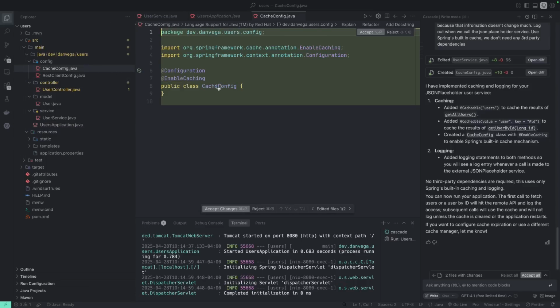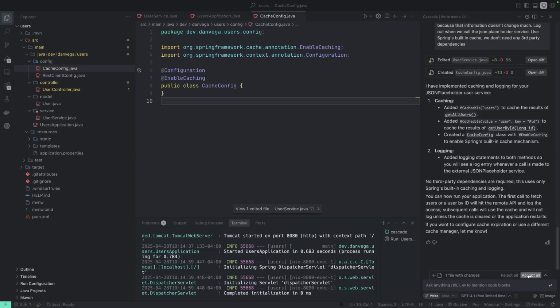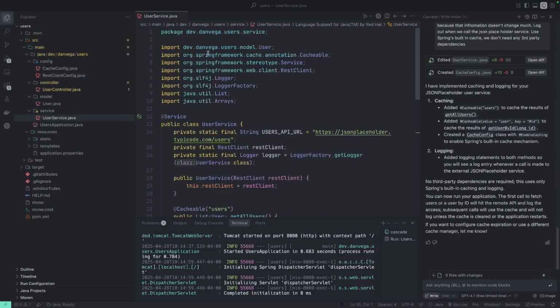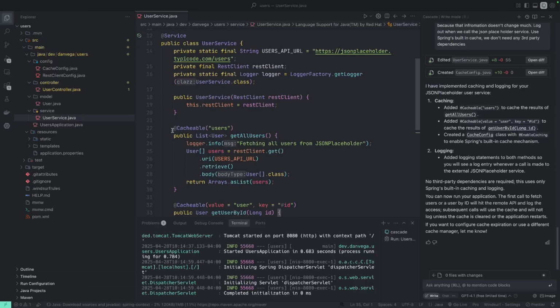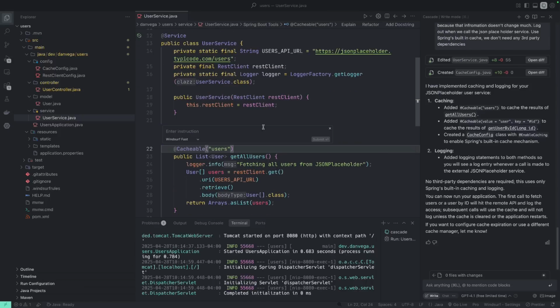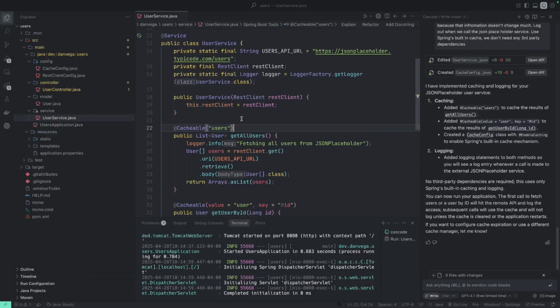What is the cache config doing? Okay, it's just doing that. So I would have just put this enable caching on the main application class. Whatever, that should be fine because it is a configuration class, so that will work. So now in our service, when we are using the @Cacheable annotation, so we are saying go ahead and do